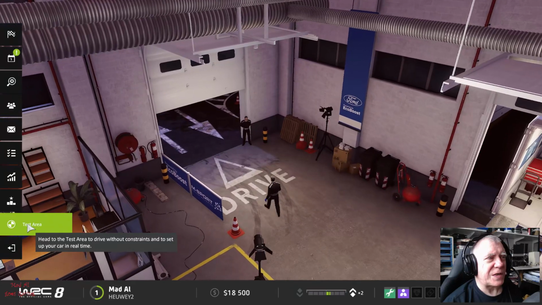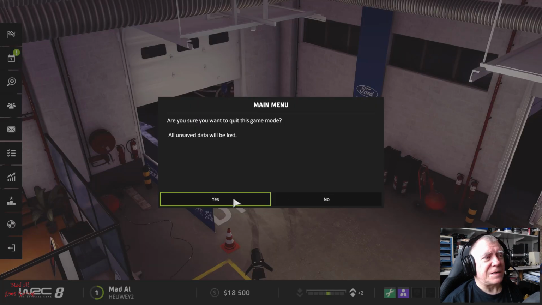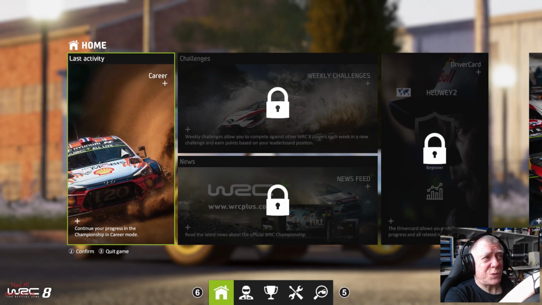And then you can go to the test area where you can test out your car. I'm not sure if that's the same test area or whether that's a more specific test area, because the test area itself is something we'll have a look at in a second. Quite a big area to play in, and it gives you the opportunity to play with lots of different cars. When I first went into the career, I only had the choice of